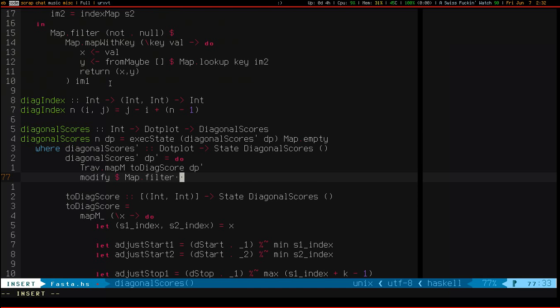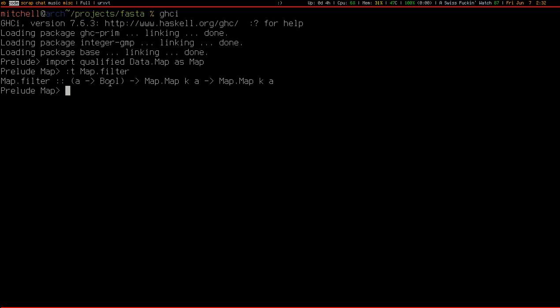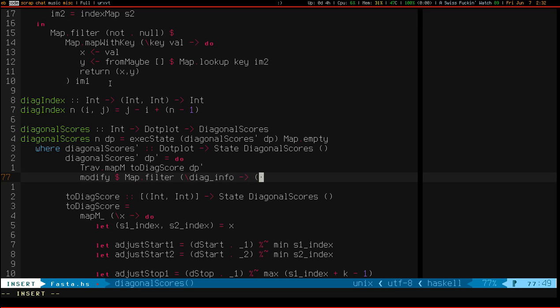Where am I? Here we go. So I want to first get at the, well, I'm not going to need actually the parameter because it's just going to reduce down. I need to get at dscore, and after that